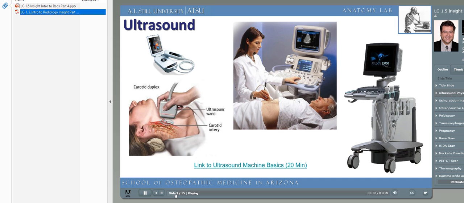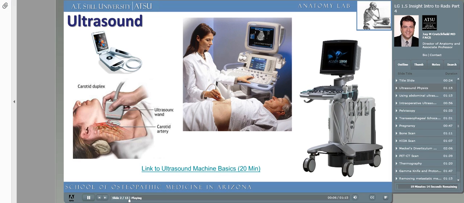Ultrasonography, based on sound waves and not radiation, is one of the most commonly used radiographic techniques. It's easily accessible and relatively inexpensive. Today's ultrasound machines range from large hospital units to smaller units that can be carried in a medical student's pocket. For example, look at General Electric's V-Scan unit. Ultrasonography, because of its safety, ease of use, relative inexpensiveness, and of course portability, is used to image almost every part of the body. Here in the upper left corner, we see a handheld portable ultrasound unit manufactured by General